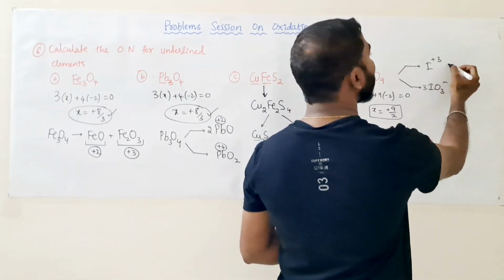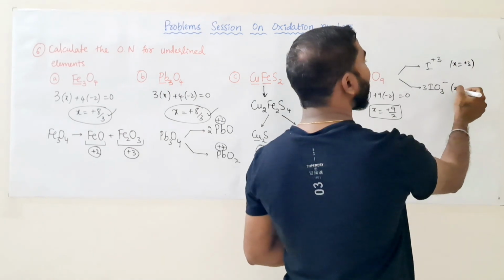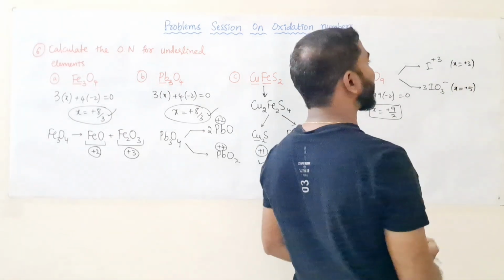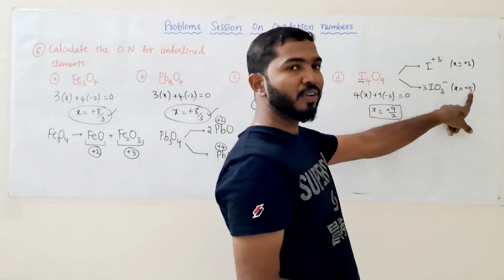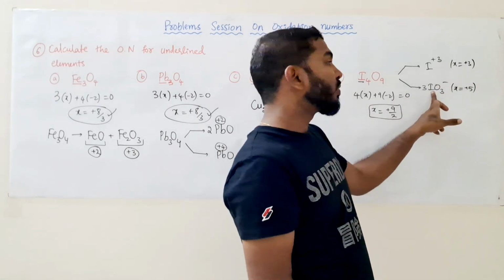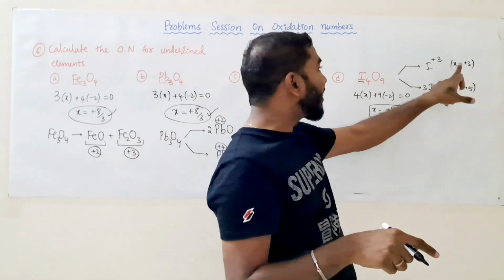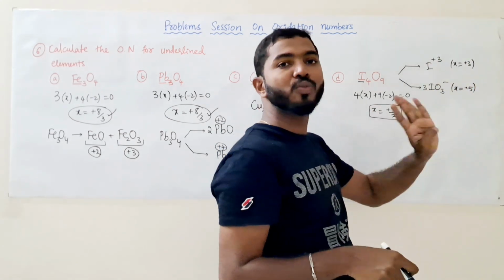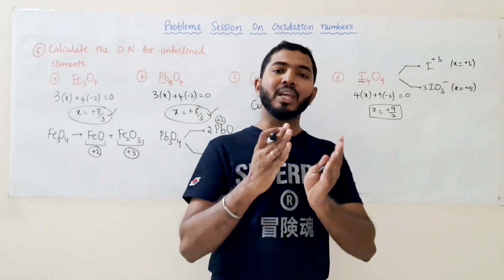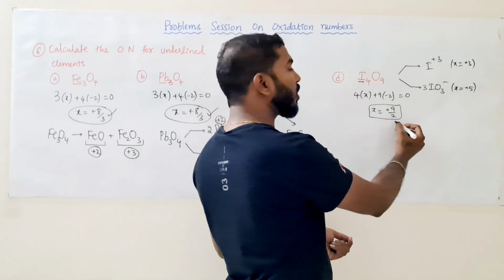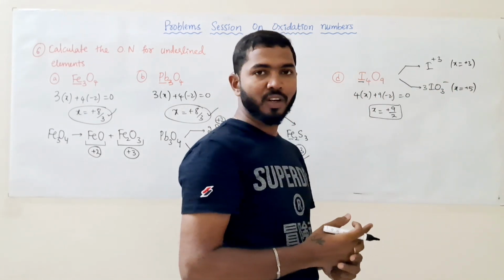Individually, the oxidation number of iodine in the cation is +3, and in IO3 minus it is +5. So for each such iodine it is +5. Since we have 3 iodines, that is +15, plus +3 is +18. +18 divided by the total number of iodines, 4, comes out as +9/2. So this is the average oxidation number, and these are the possible individual oxidation numbers of iodine.